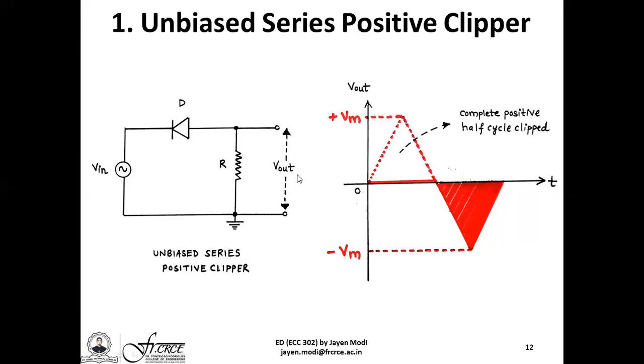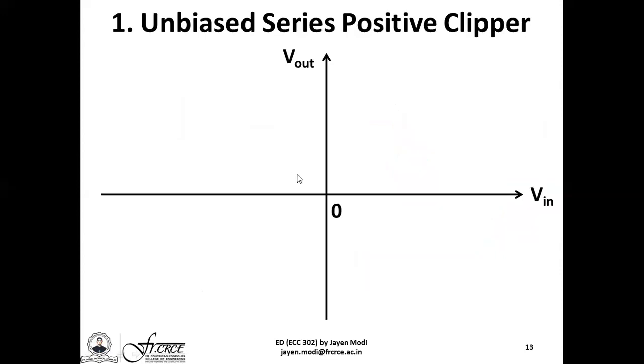However, for the negative half cycle, the same negative half cycle was appearing in an exactly same way across the output terminals V out. So here, if you look at the AC input signal V in, you get a graph like this. Because even though the input signal increases from 0, goes to its peak value Vm, and again goes back to 0, you do not have any output signal obtained. This is the entire reason why in the first quadrant there is no signal obtained at the output.